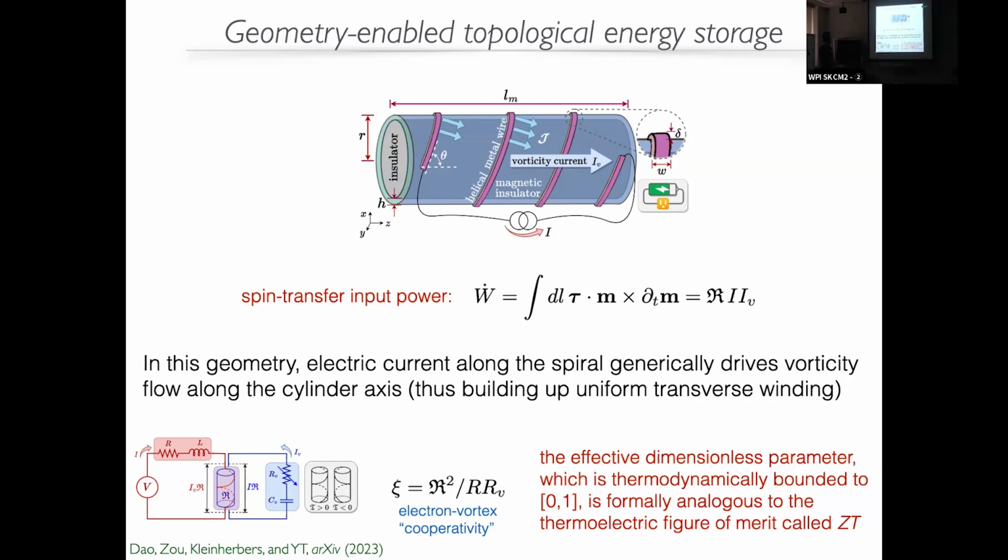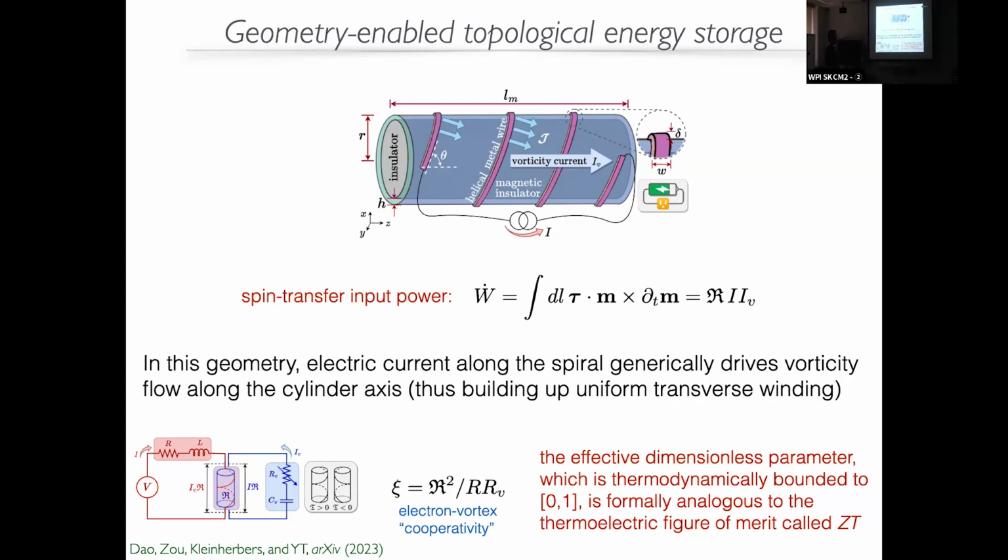So the full device in the circuit depiction looks like this. The key is the element that I'm characterizing by some calligraphic R that will quantify, at the end of the day, the effective drag between electrical current flowing through this helical wire and the vorticity flowing along the axis of the cylinder. Okay, the effective drag. How does that effective drag